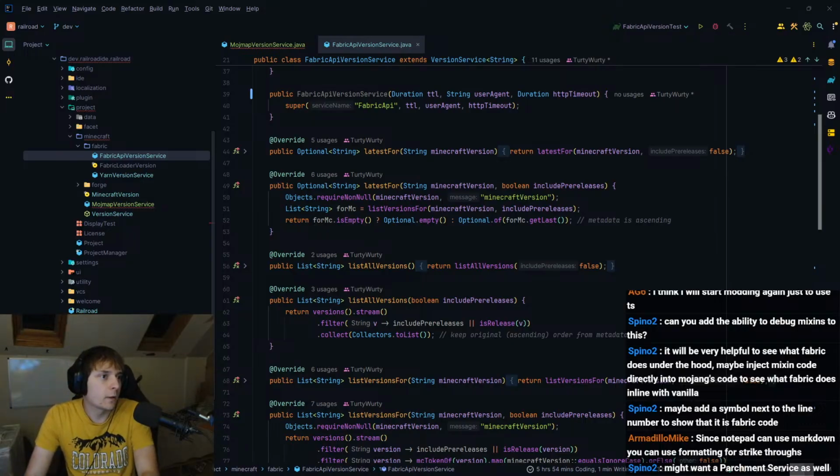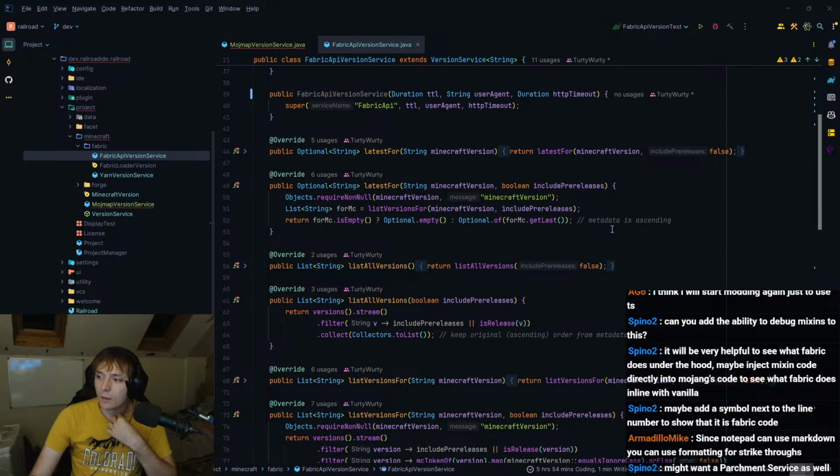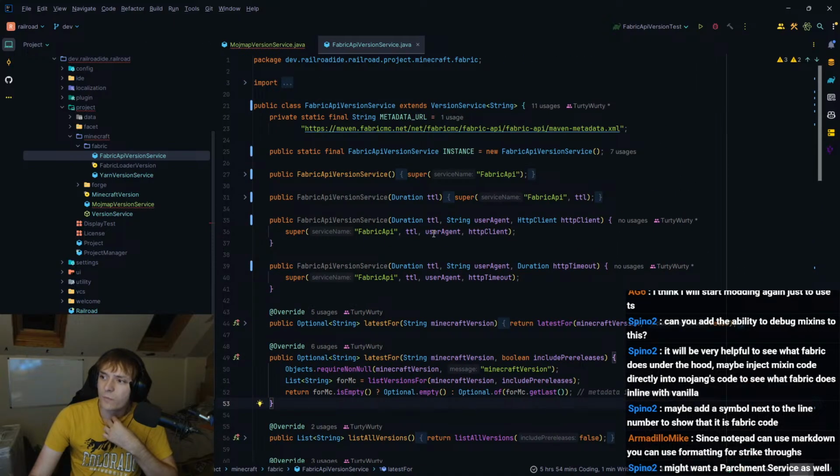I don't think it does support Markdown, I'll be honest. It does under the hood, maybe, but not visually. Oh well.